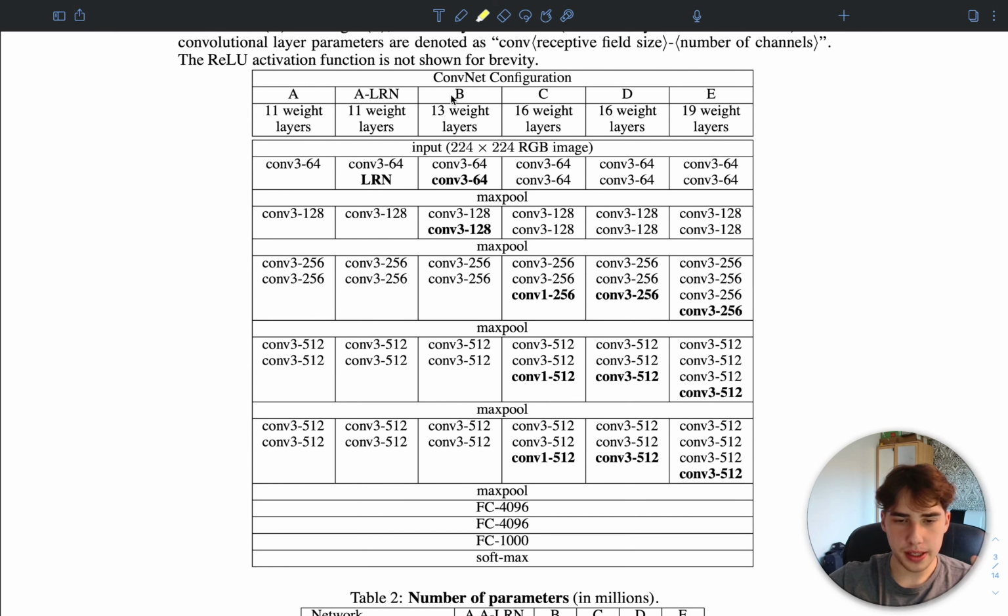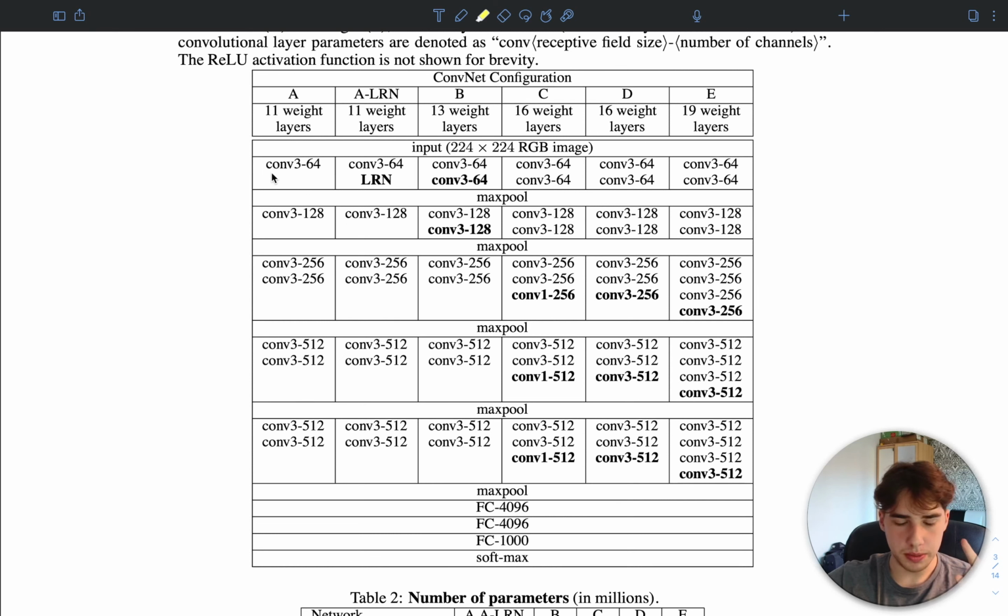How I like to think about it is that each of these parts is basically a block, and each block contains many layers on top of each other. In configuration A we only get 1 layer, but in configuration E we get 2. As you can see, the number of layers is increasing with each block, and so is the number of